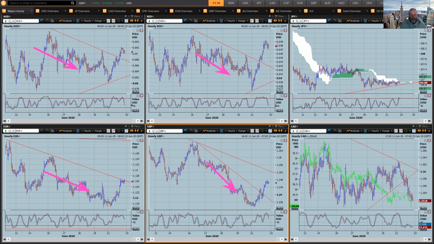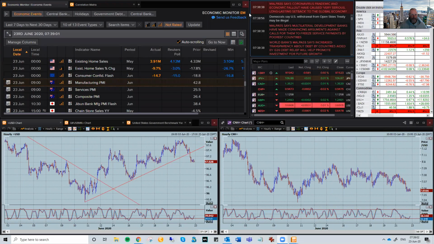Now that the US numbers, and I had this listed on the macroeconomic fundamentals, it's very important to keep a close eye on these because they do seem to be coming into play. Now, the existing home sales numbers, okay, down 9.7%. That was enough to give a bit of a negative spin on the dollar, and that saw the dollar index, as I said, just break down through this 97.30 level.